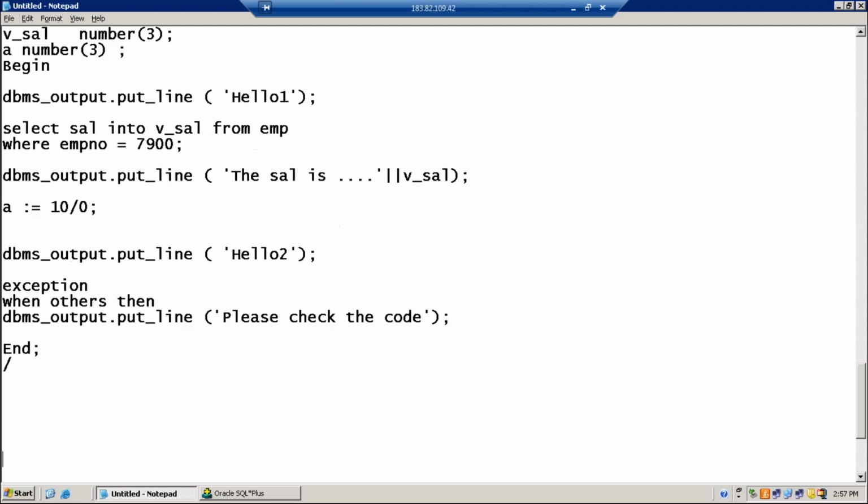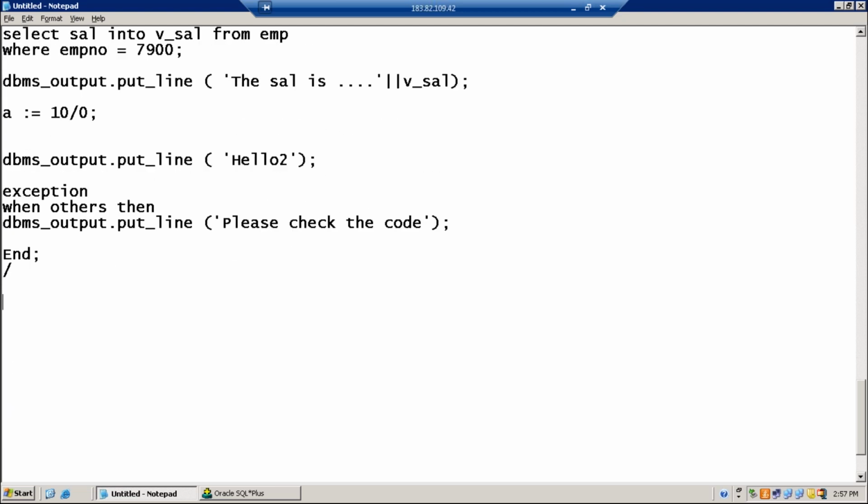So to overcome the problem of when others, the problem with debugging, we have error reporting functions. In exceptions, we have two error reporting functions. One is SQLCODE, the other one is SQLERRM.